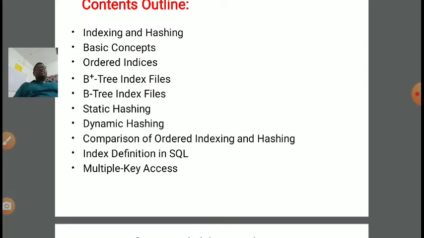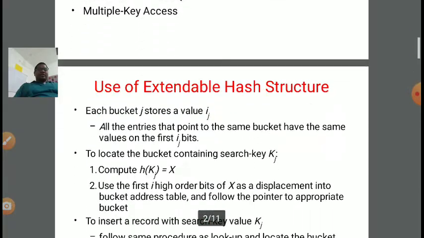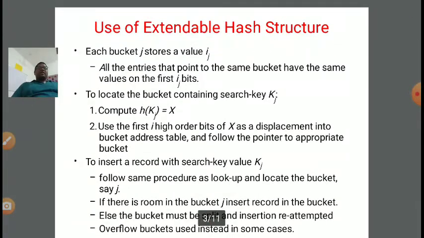Then the hashing concept: static hashing we already covered, and dynamic hashing we started in the previous lecture, in which we covered the extendable hash structure. Now we are continuing this concept of extendable hash structure. So today, the use of extendable hash structure.